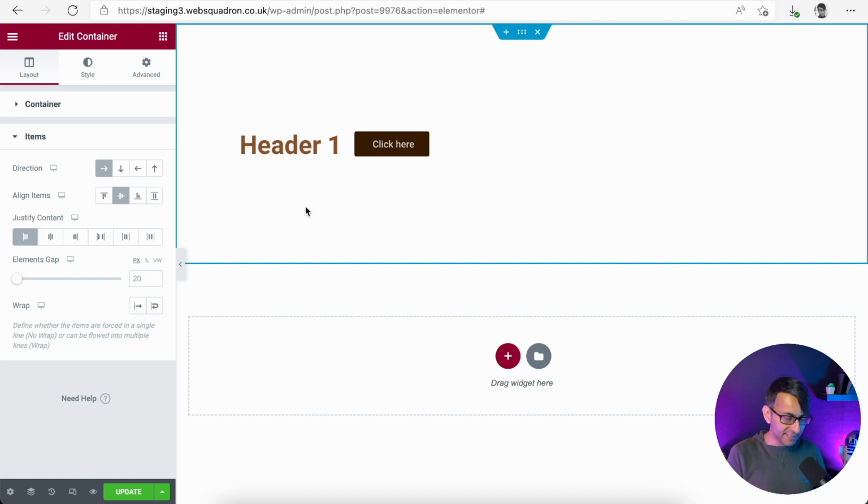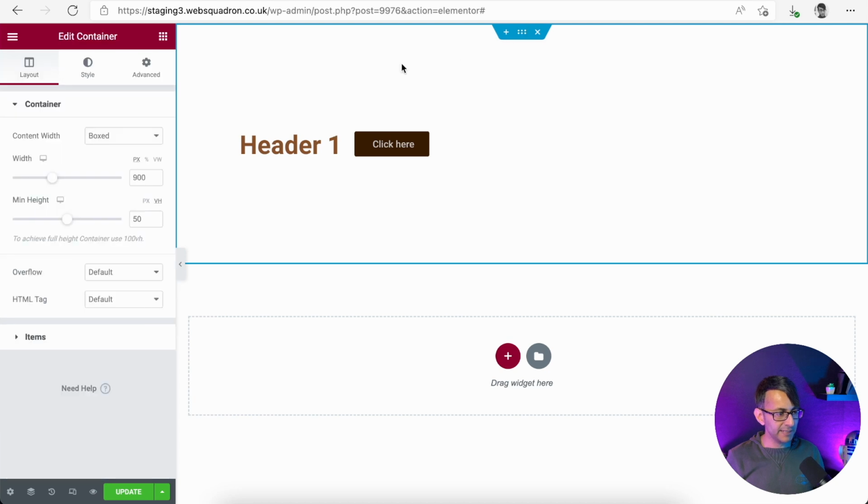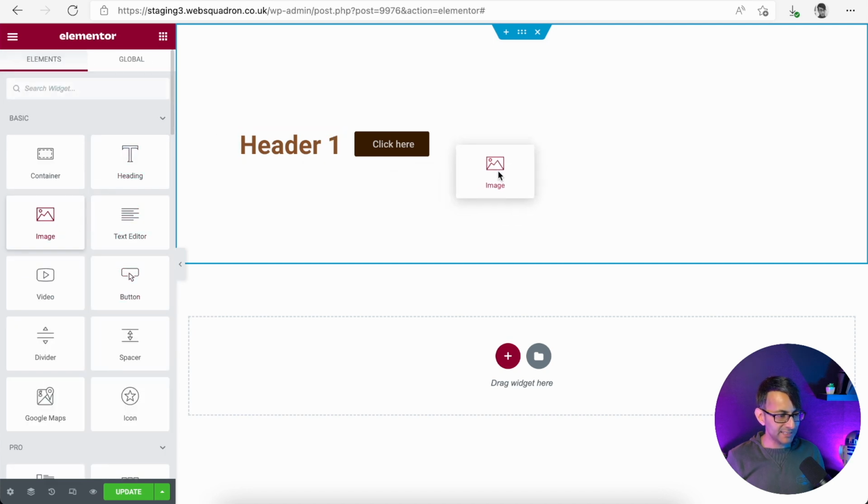But if you've got few items, you can start to really lay out what you want to do. So in effect, I hope you're getting this at the moment. You can start to really play around with things, and we haven't even moved out of the parent container yet. We're still in the parent container. But what if you've got your header and your button side by side, but you now want to add another item here? So let's go over and get an image.